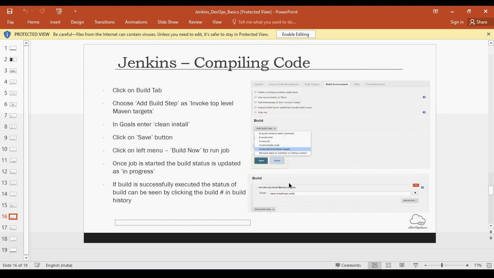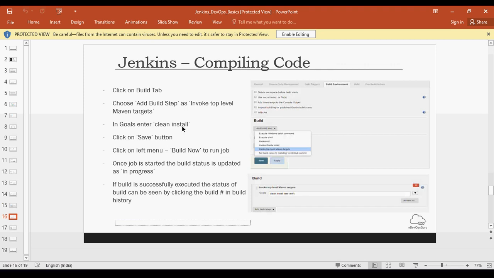Okay, so coming back to here, clean, in terms of Maven: if you are compiling a Maven project, some target files are generated, so clean will delete all those temporary files before it starts compiling your code.